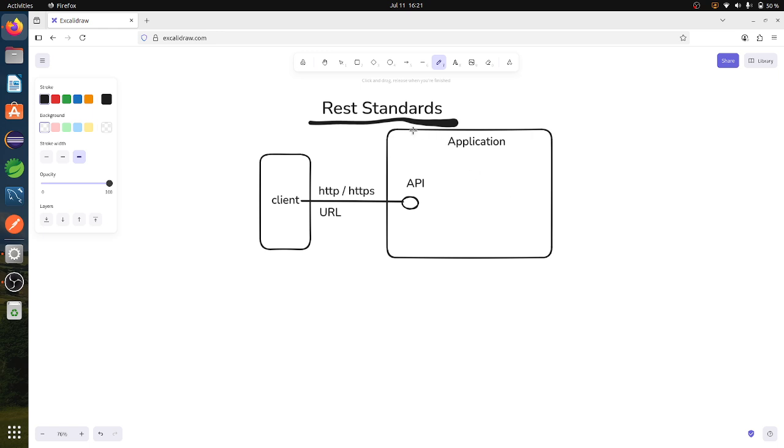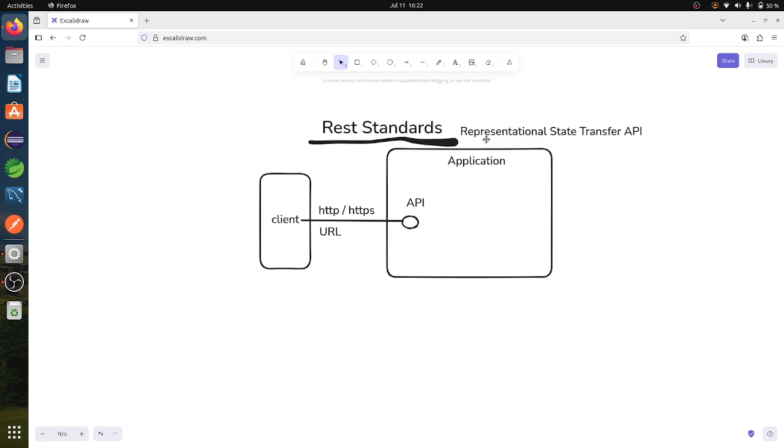So this is called REST standards, and it stands for representational state transfer. It is also called REST API, and it means from one state to another state.